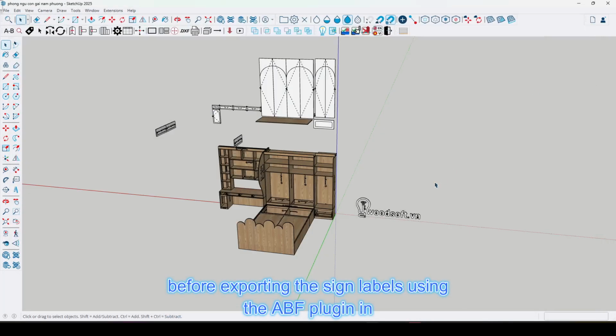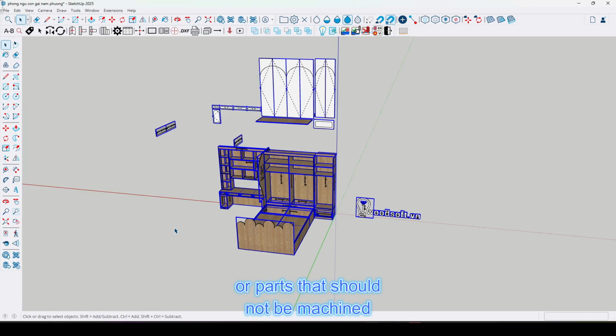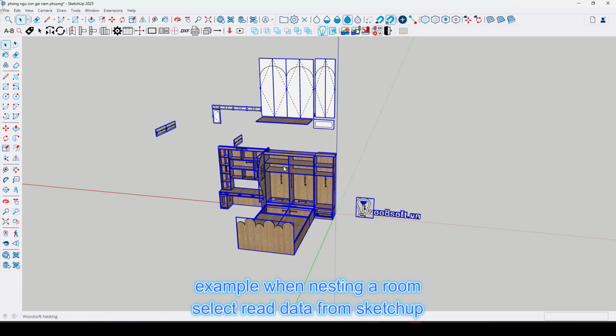Before exporting, assign labels using the ABF plugin. Select the parts and click Read. In the attribute window, you can filter out small parts, wrong materials, or parts that should not be machined. The system automatically removes glass panels. You can also enter the quantity for each product. For example, when nesting a room,